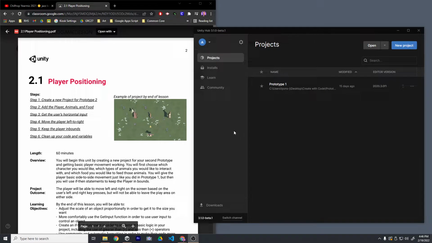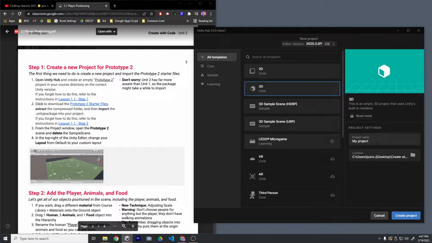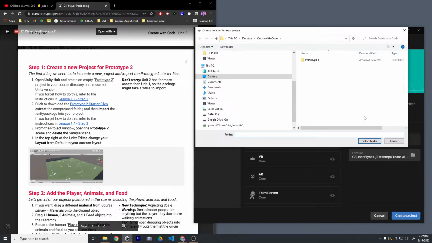We are going to start off the first tutorial of our prototype number 2.1, player positioning. Let's get into it. So the first step, we're going to open up Unity Hub and create an empty project called prototype number 2. So we're going to hit number 2, and then we're going to rename this one prototype 2. We're going to choose that same folder we made for prototype number 1, which is on the desktop, and